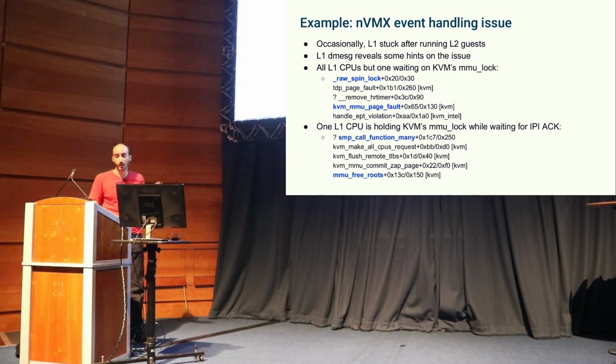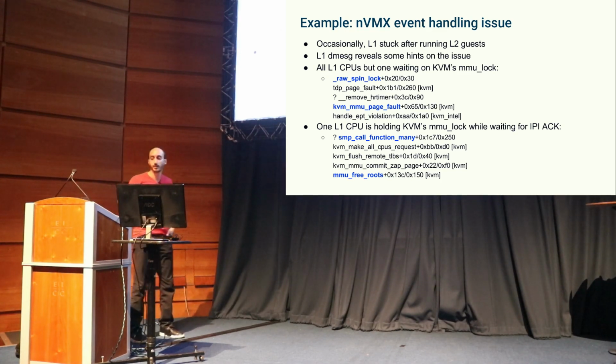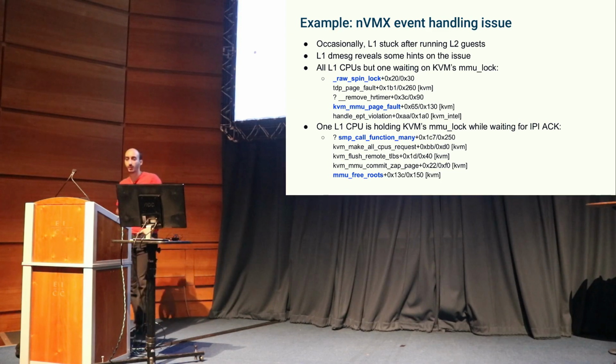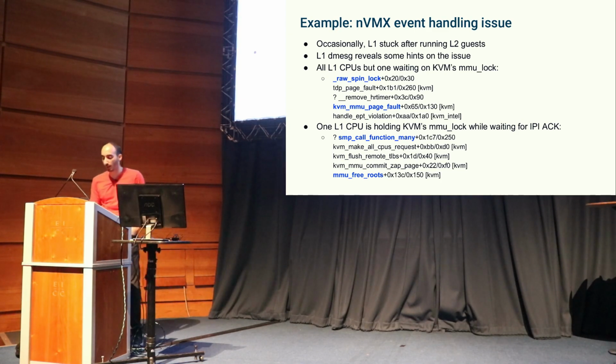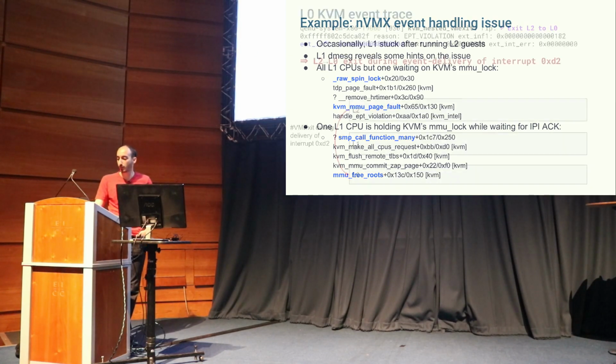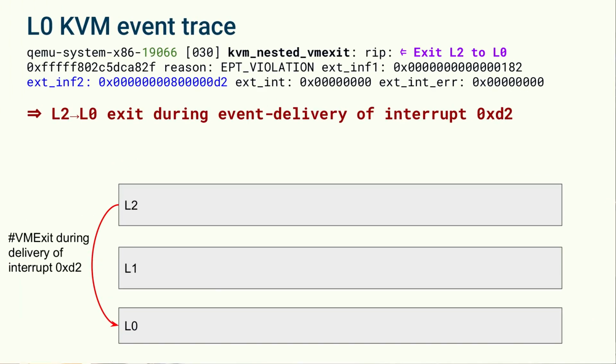And when we examined these hosts, what we saw is that all the layer 1 CPUs besides one are attempting to grab the MMU lock. But one layer 1 CPU is holding this MMU lock, and it is waiting for something else. And this something else is an IPI that it has sent to some target CPU, but for some reason is never accepted. So the next thing that we did is we reproduced this bug on a debug environment,